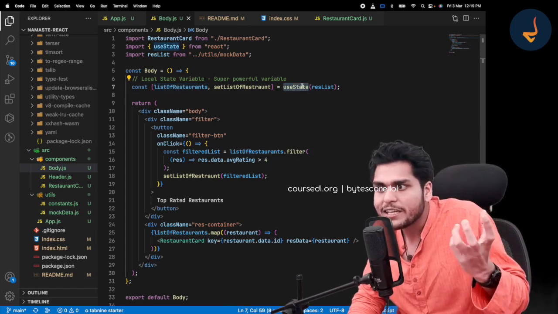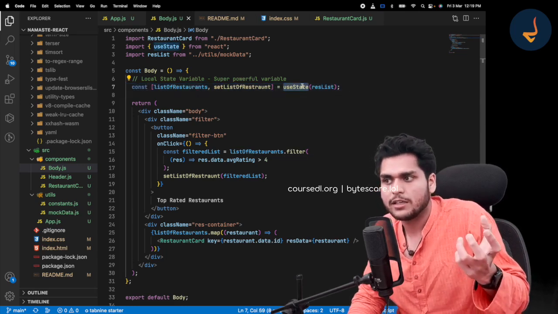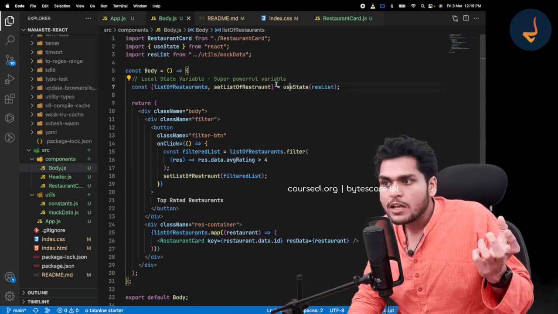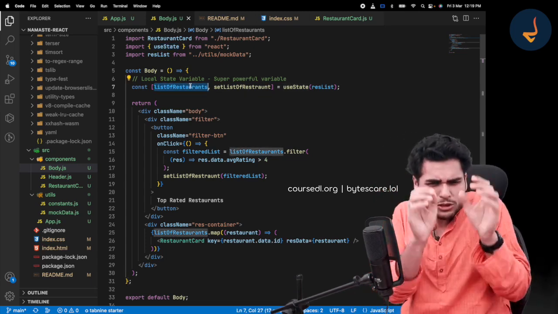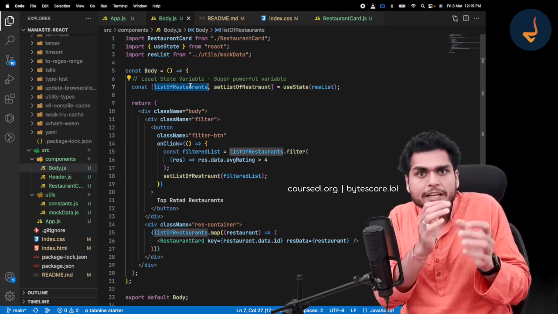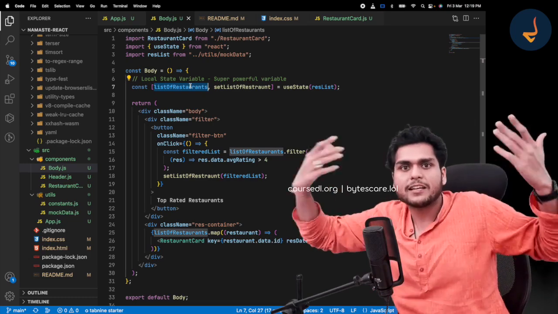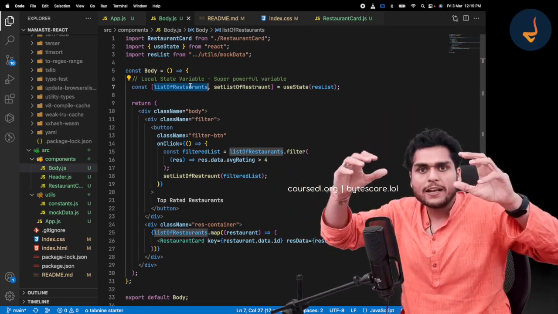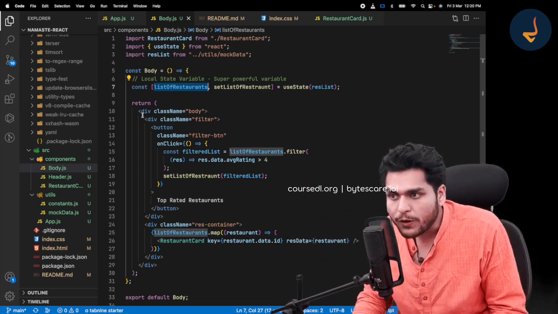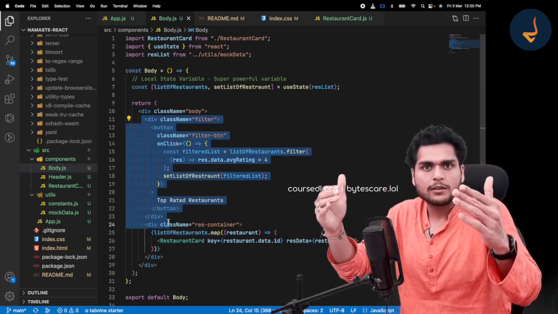Because this is a special variable we created using useState. We used useState to create this list of restaurant. Now, this list of restaurant, React is constantly checking this, right? As soon as it updates, React will find out the diff, update the UI. Find out the diff, it will render the UI once again. It will basically flush out and render what is required,